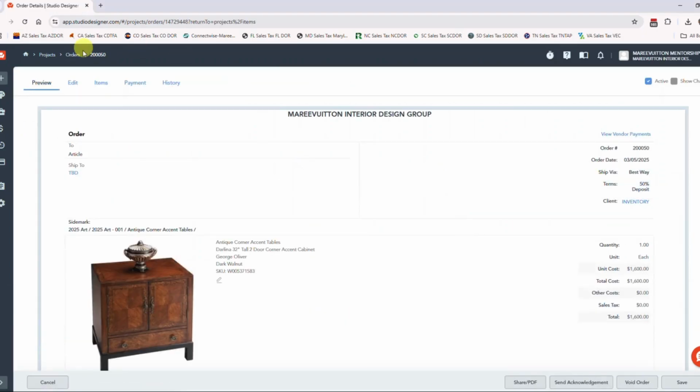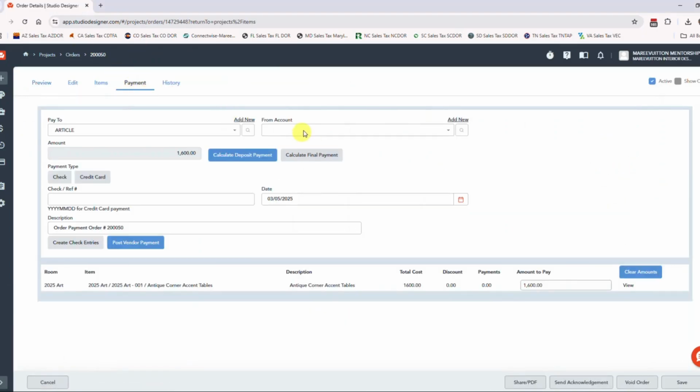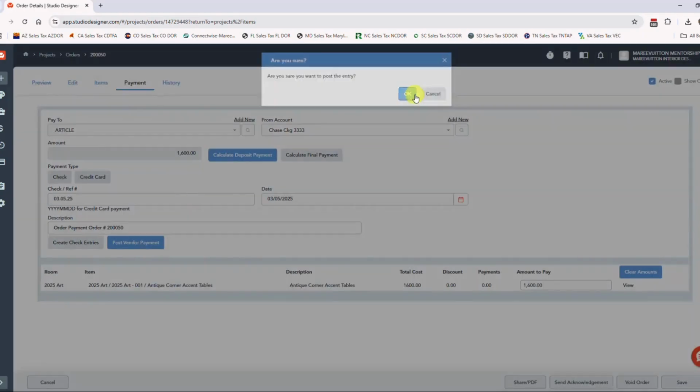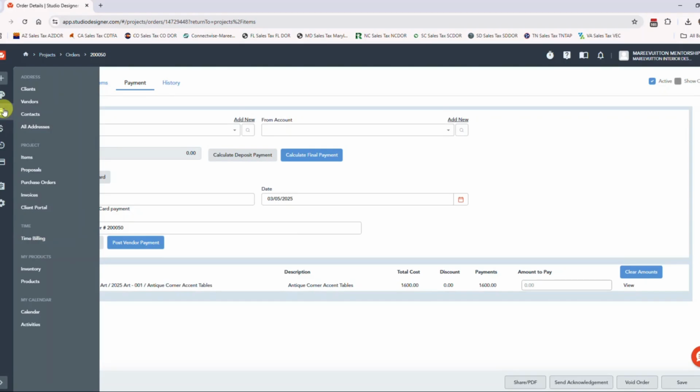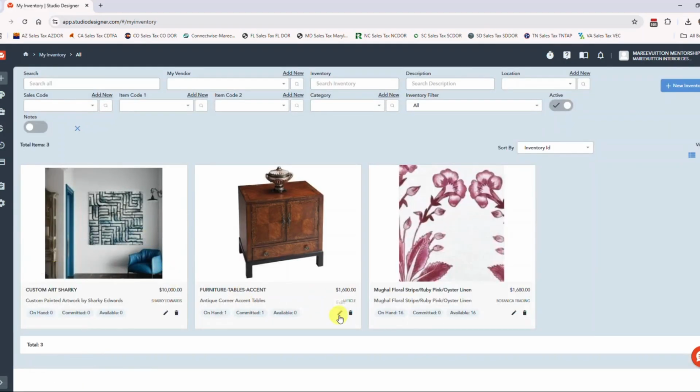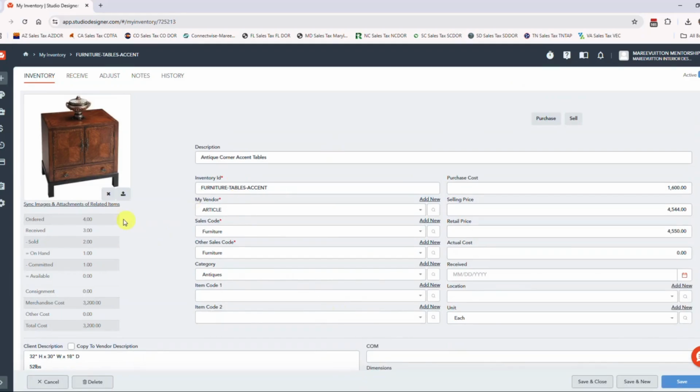I'm just going to go ahead and pay it because that's typically the cadence, right? We're going to make a payment for it, and I'll just say $305.25. I'm just going to post the vendor payment because now that's what we're going to do. We set up the item, we now purchased it, and the last and final step to get it in inventory, toolbox, inventory, is we're going to go in here,